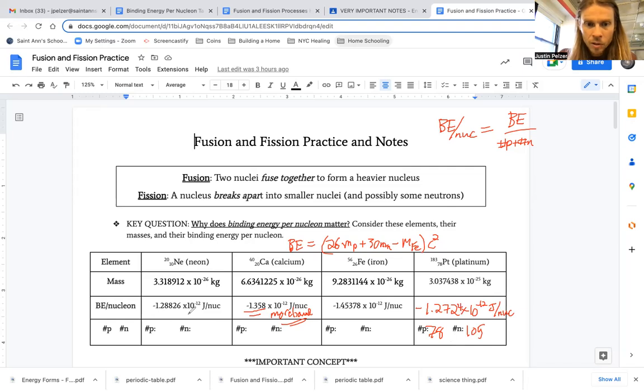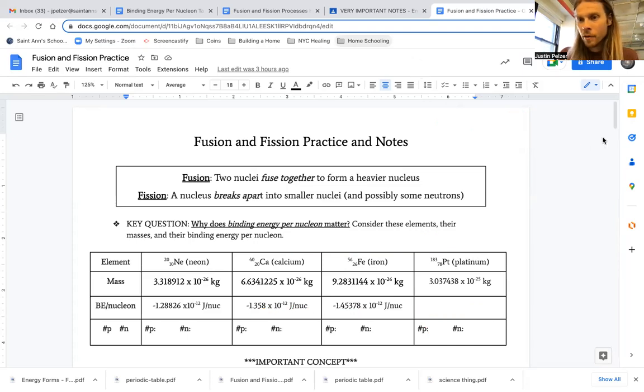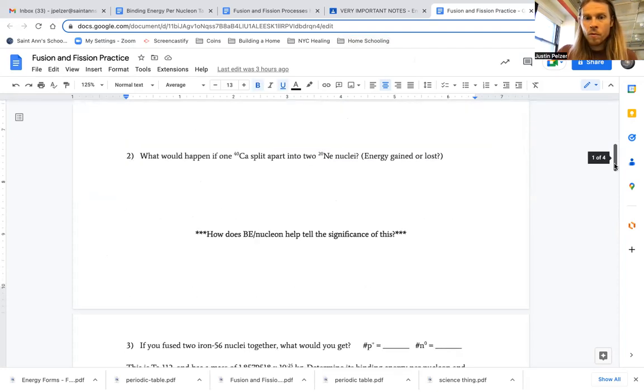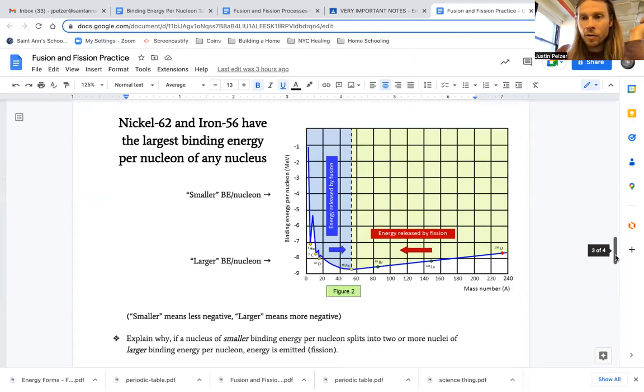Notice that that's similar to neon. Notice that the binding energy grows in magnitude to iron and then becomes less negative past iron. If we did this for all of the elements, that's exactly what we would notice. So what we want to do is we can actually graph this. And if we graph it, we get this graph right here,